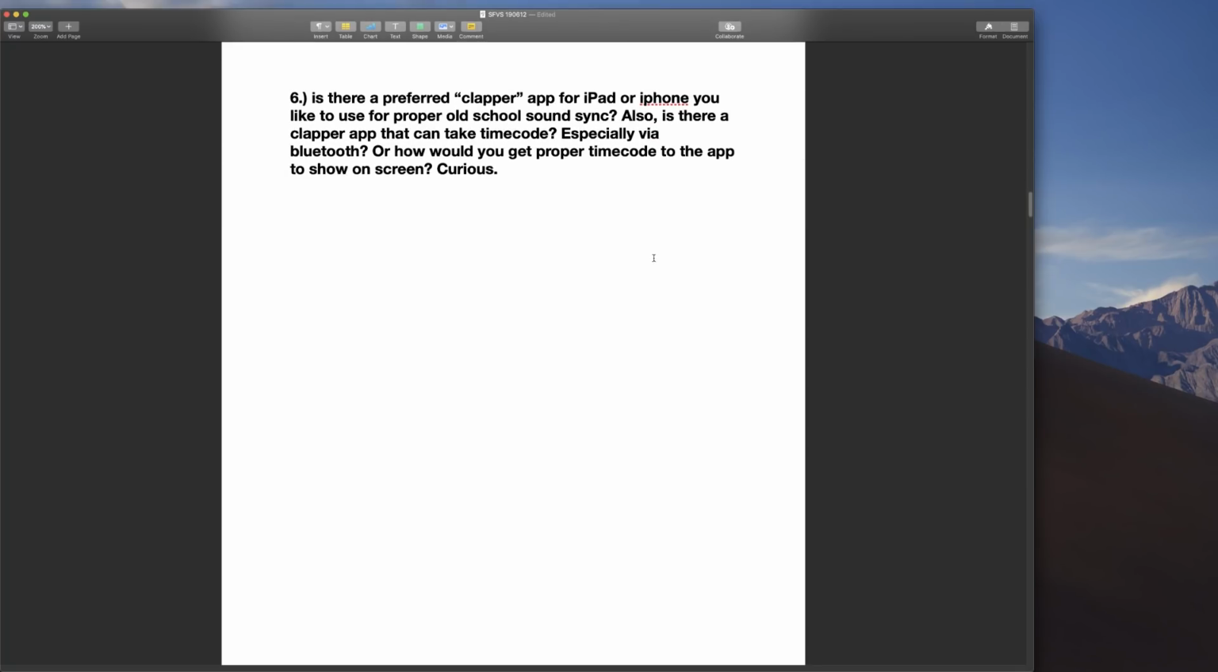Is there a preferred clapper app for iPad or iPhone you like to use for proper old school sound sync? Also, is there a clapper app that can take time code, especially via Bluetooth? Or how would you get proper time code to the app to show on screen? Curious. I don't know the answer to that, so I guess I should say that in this question and answer